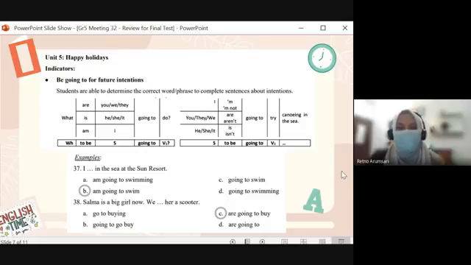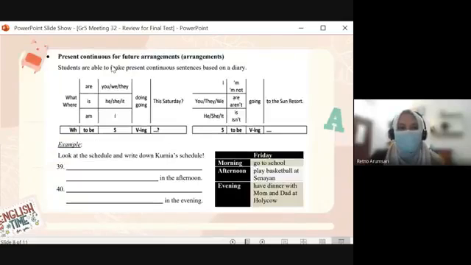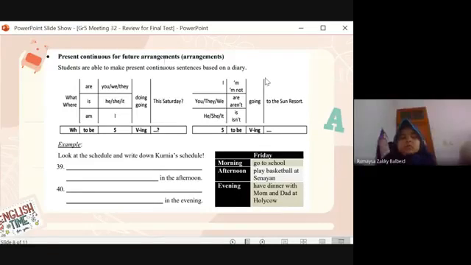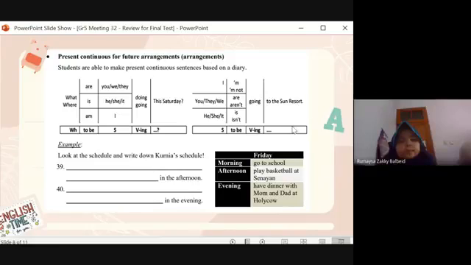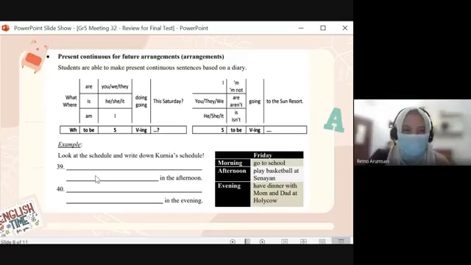Next, the present continuous. This is wrong, yeah? Too many arrangements. Just cross this one out. Present continuous for future arrangements. Whenever you see a schedule like this, a diary, an invitation, a booked room or tickets, then it must be present continuous because all has been arranged. Yeah, guys.